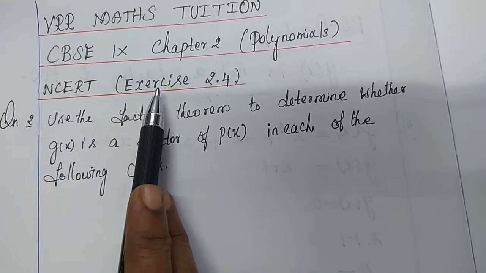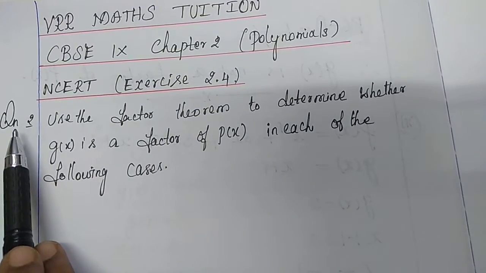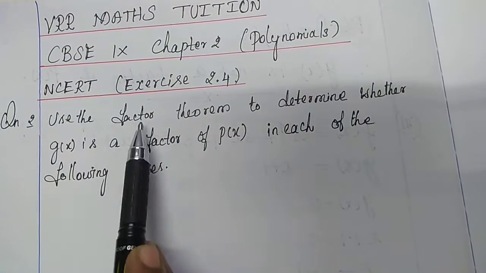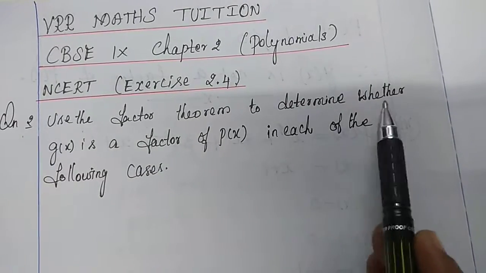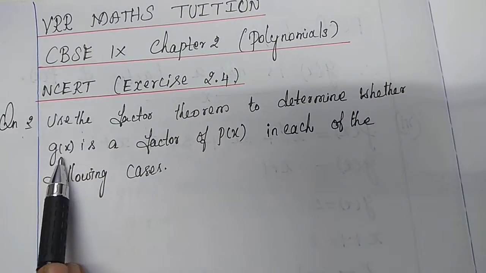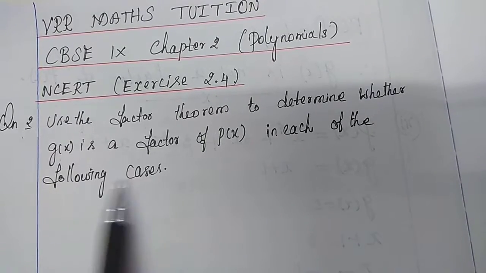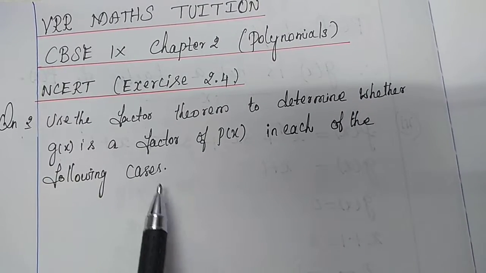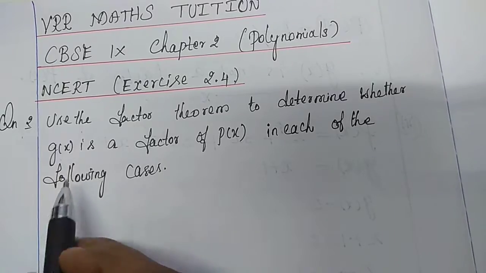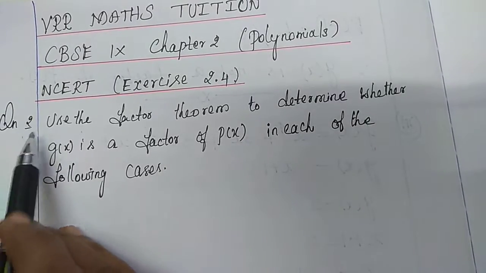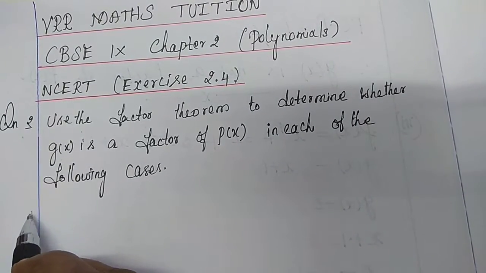NCERT exercise 2.4 question number 2. Use the factor theorem to determine whether g of x is a factor of p of x in each of the following cases. In question number 2 there are 3 divisions. The division number 1,